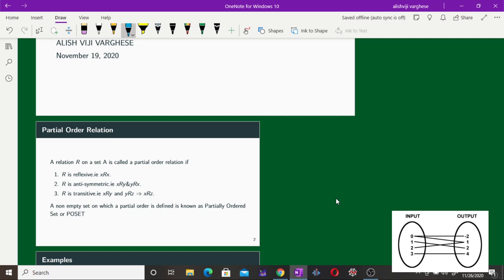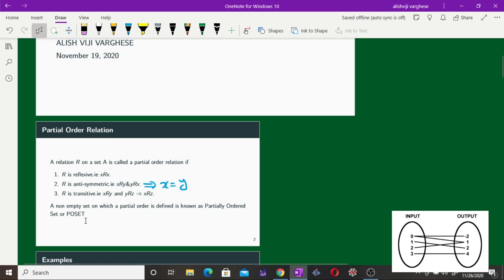If R is an antisymmetric relation, then x related to y and y related to x implies x equals y, and R is transitive, that is x related to y and y related to z implies x related to z. So if a relation has all these three properties, then that kind of a relation is known as a